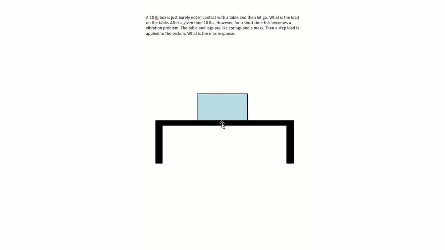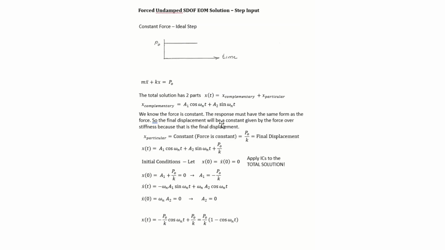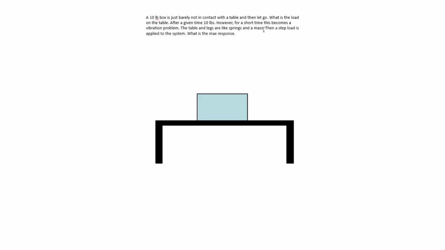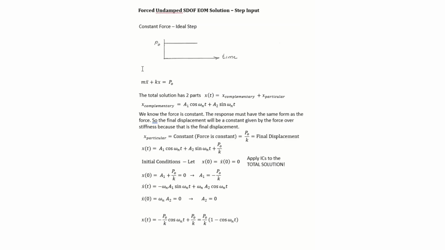And what actually happens is we model this as a forced, undamped, single degree of freedom system with a step input. So how this gets modeled is the table top would be a mass, and the legs would be springs, and they may also consist of some mass. Then you have this spring and mass system, and you apply a sudden step load to that spring mass system. And when that happens, this becomes the governing differential equation of motion, where m is the original mass,